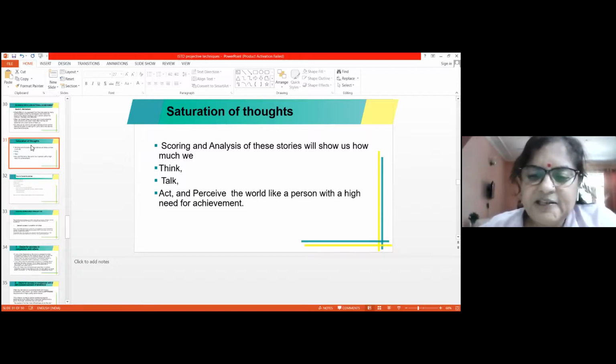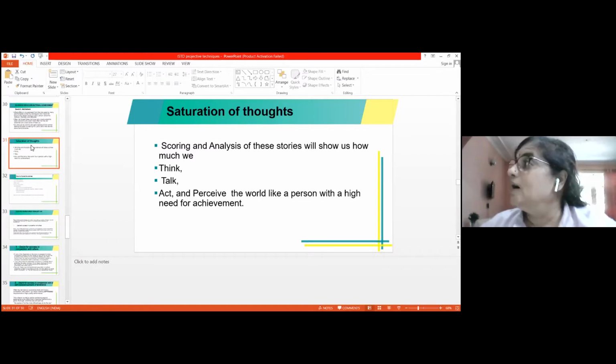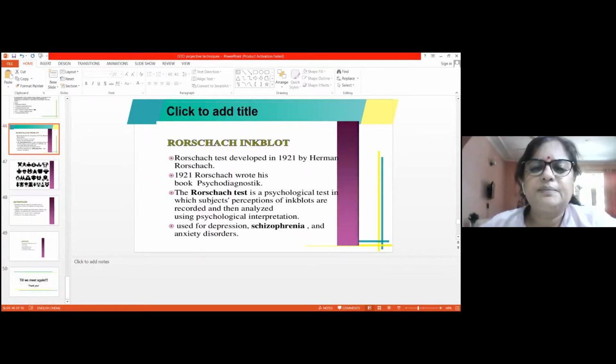If the theme is repeatedly coming in the stories, or if it is coming in 4 out of 6 stories, or 5 out of 6 stories, it shows the motivation. Now, the remaining tests are